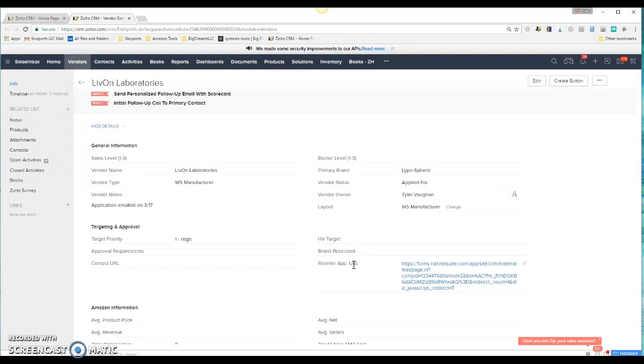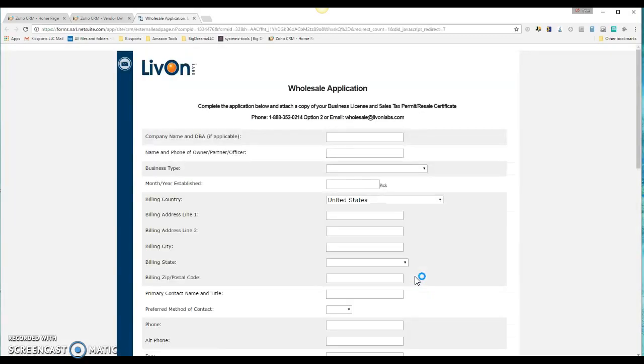And really, there's not a need to fill out a reseller app and a contact URL if there's a reseller application. So this would be the primary link we would go through. So we would just simply click on the link provided in Zoho underneath the vendor, and you'll note that it takes you directly in a separate tab out to Live On Labs, the actual web page, and the link for